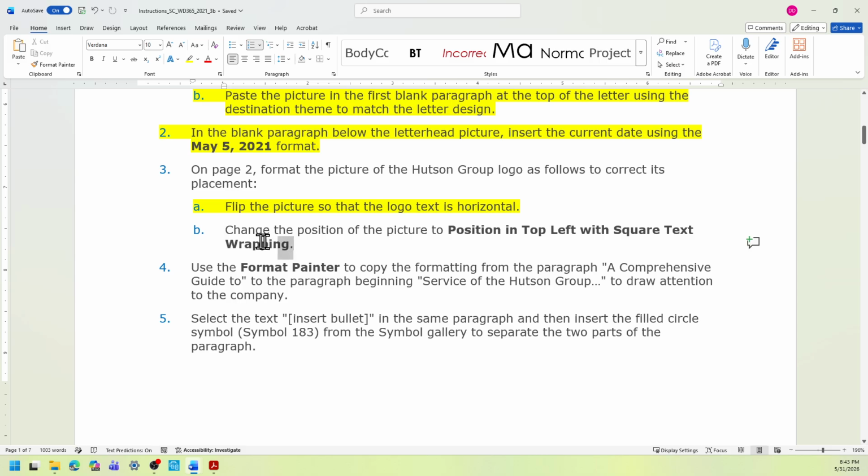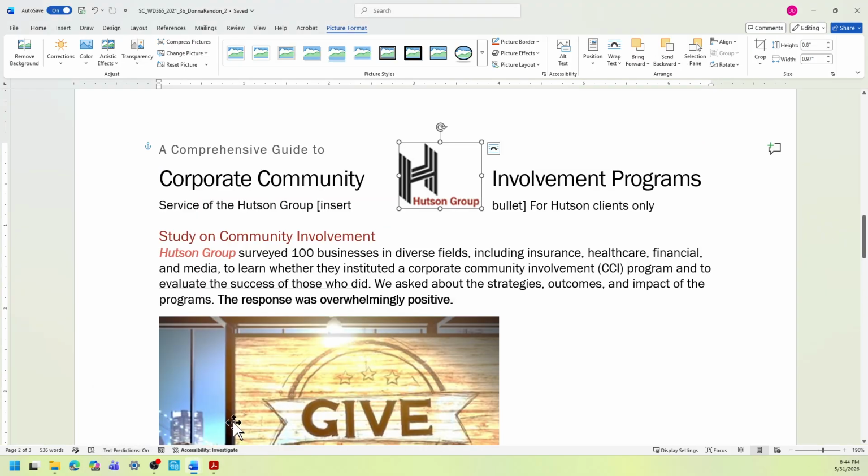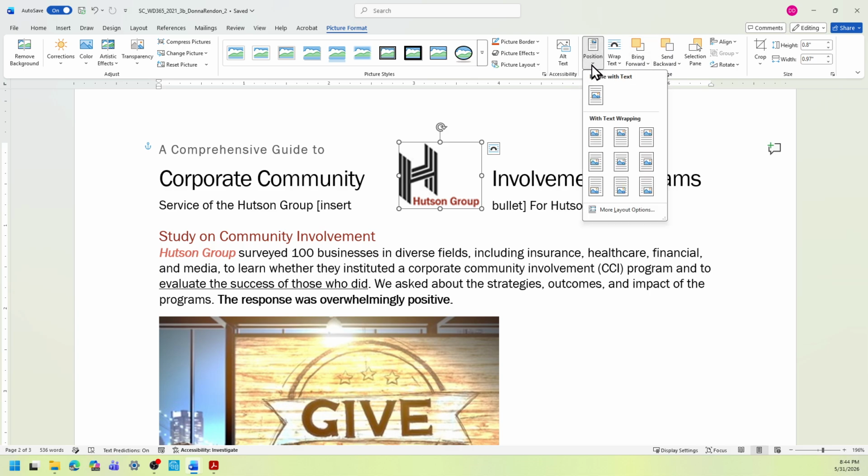Then back to your instruction. Now we're going to change the position of the picture in top left with square text wrapping. So we'll go back to the start file. From here, you're going to still be in the arrange group and select this time the position drop down menu, and we're looking for top left with square text wrapping.